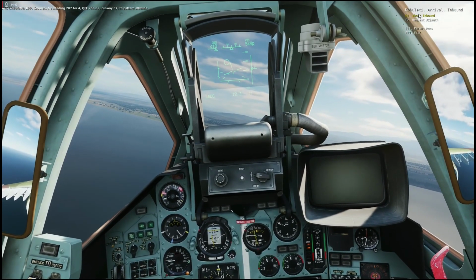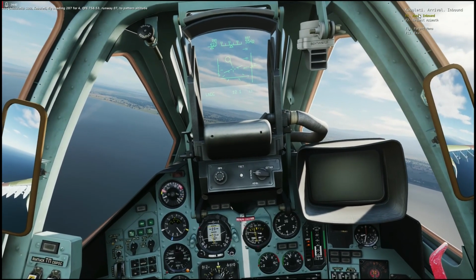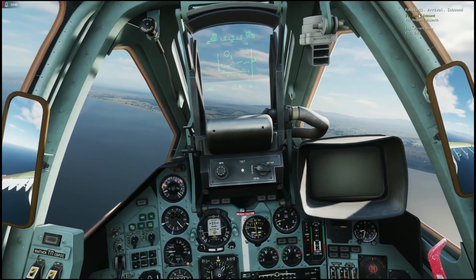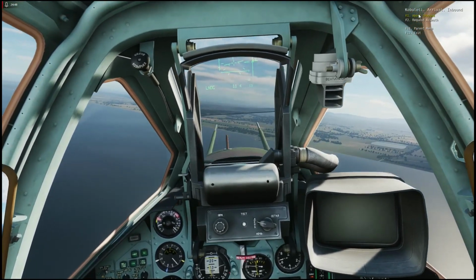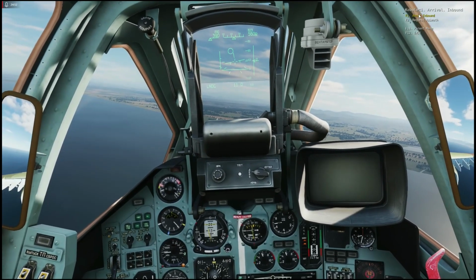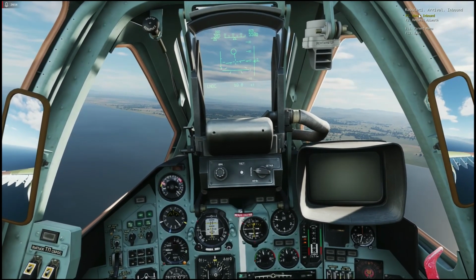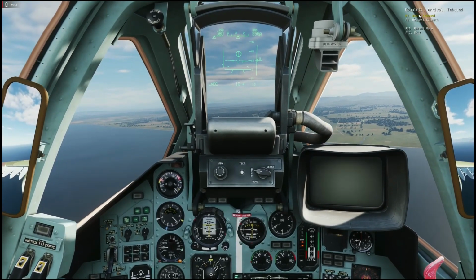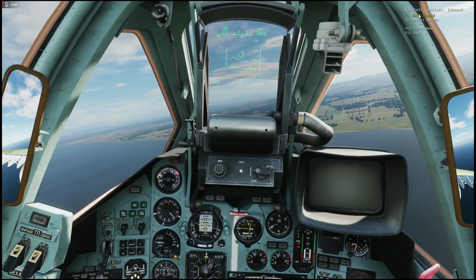We are coming straight in. Be careful I don't overspeed with the gear out. I need to climb. I have visual on the runway, there it is. Maintain my speed. Altitude is